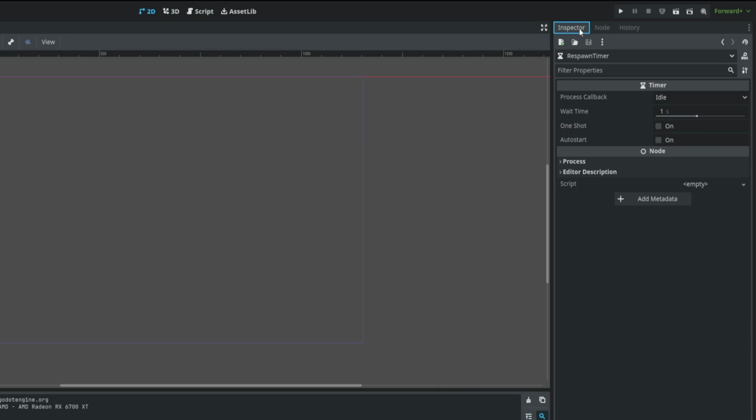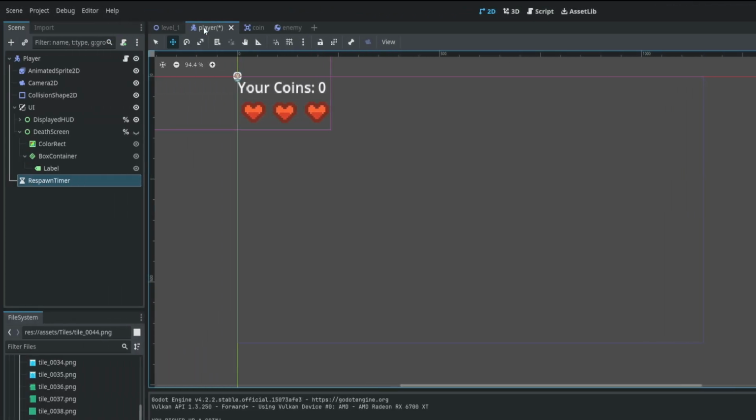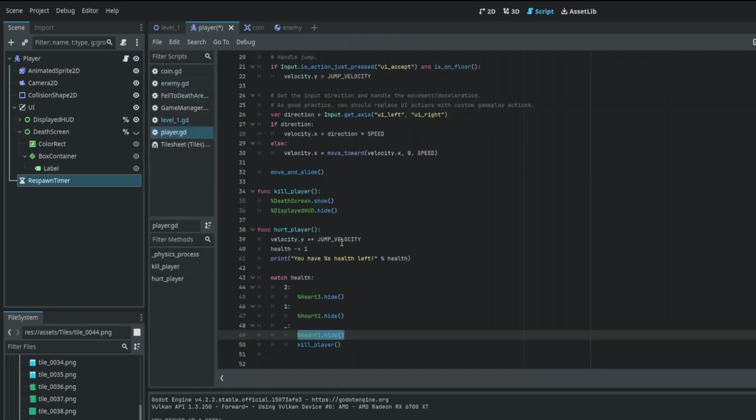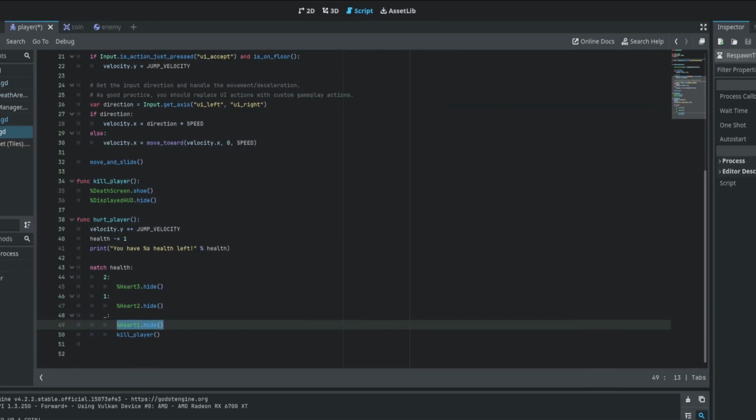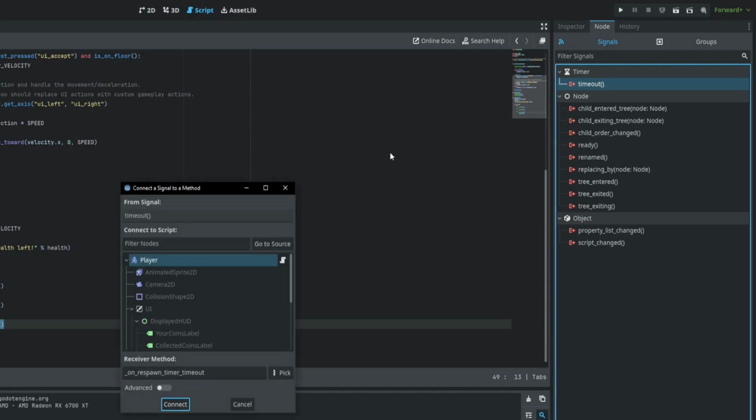And we actually want to do one more thing to this. We want to make this a one-shot so it doesn't loop, because by default they loop. We're going to say like 2.5 seconds. I don't want this to play very long. And then we'll go back to our player, go to our script, click on respawn timer node, double click timeout,